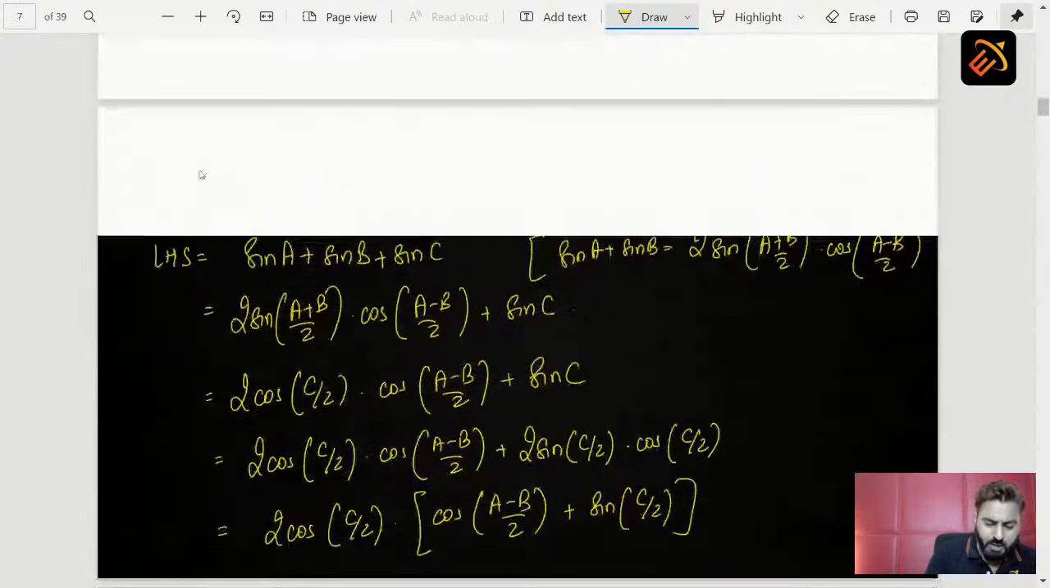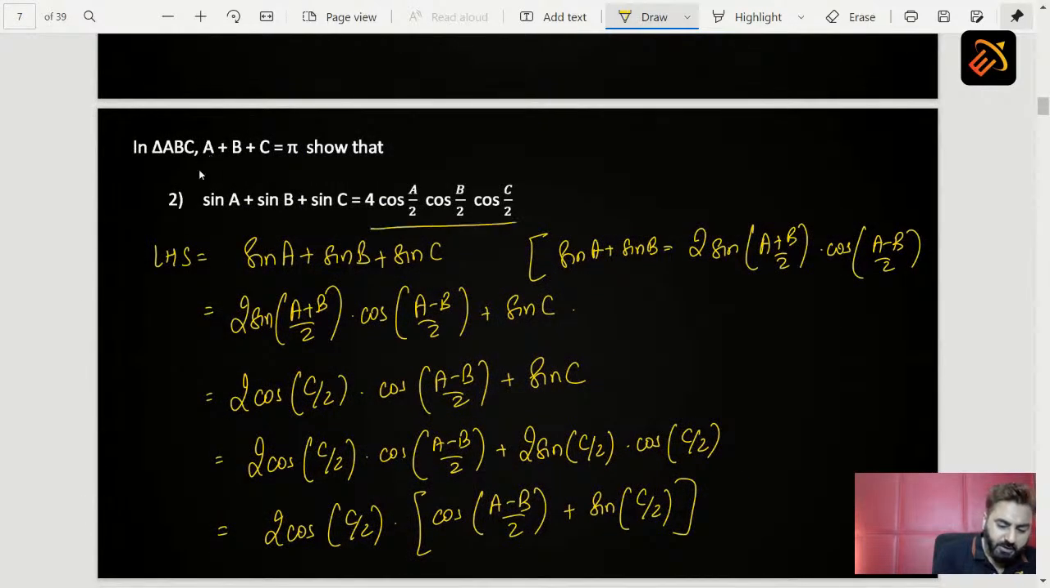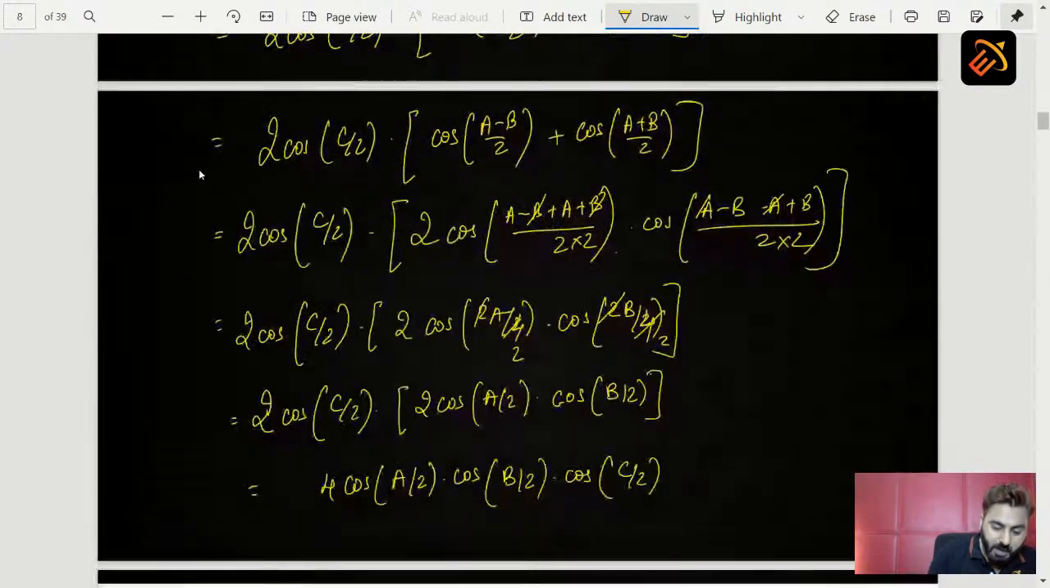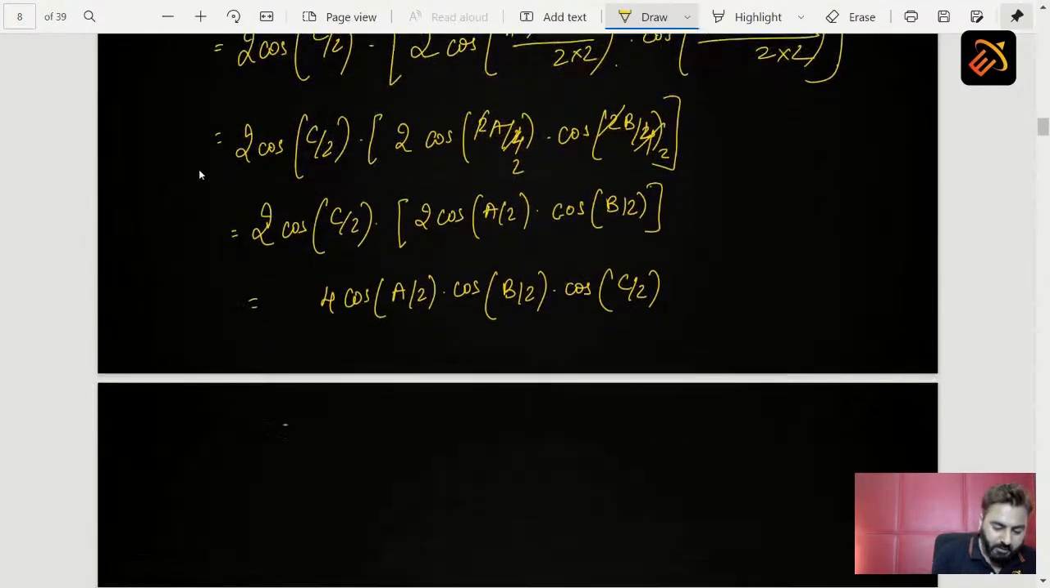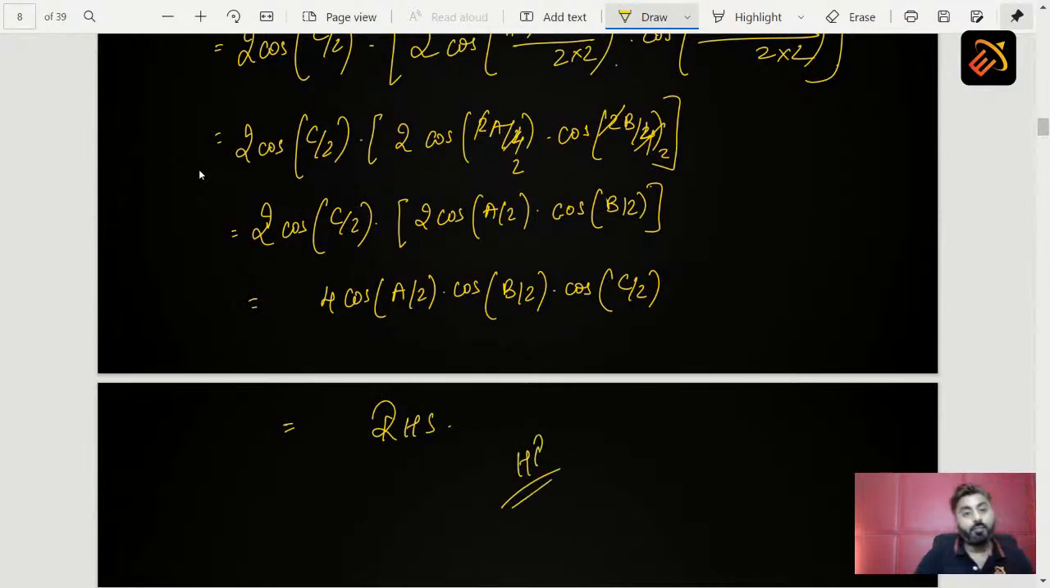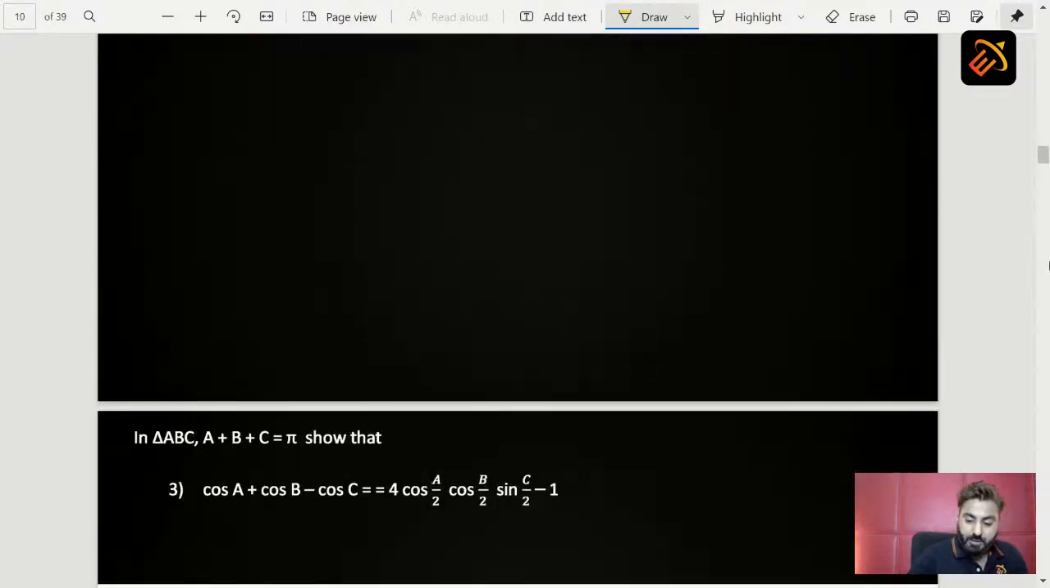So what is your RHS, students? Check your RHS. This is what we got, so this is nothing but your right hand side, hence proved, and this is how we solve our sum. So students, I hope you understood how to solve this. Yes, let's move on to the next question. And what is the next question, students? So our next question is,